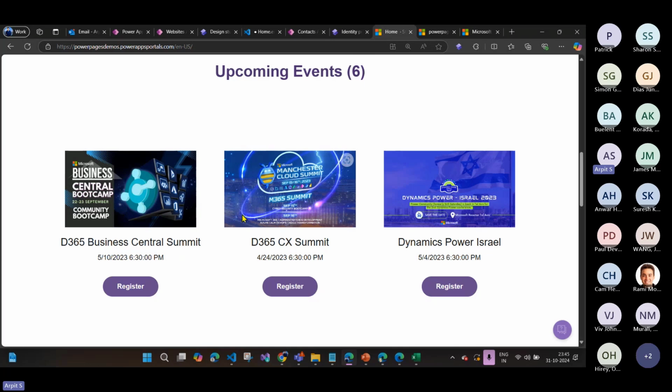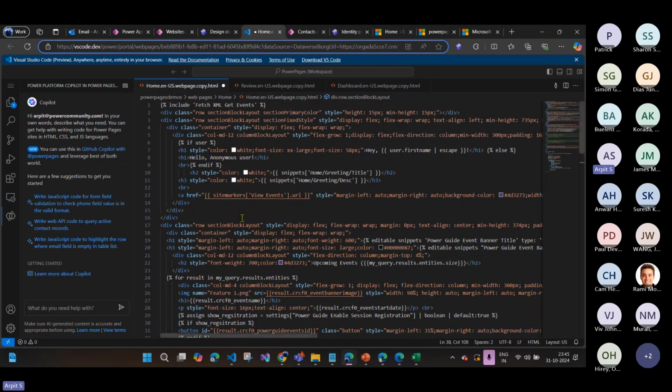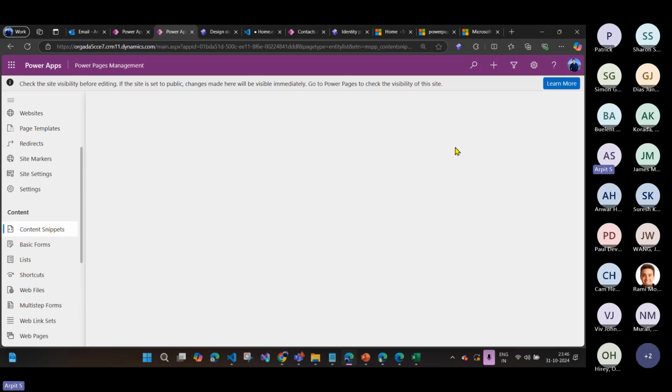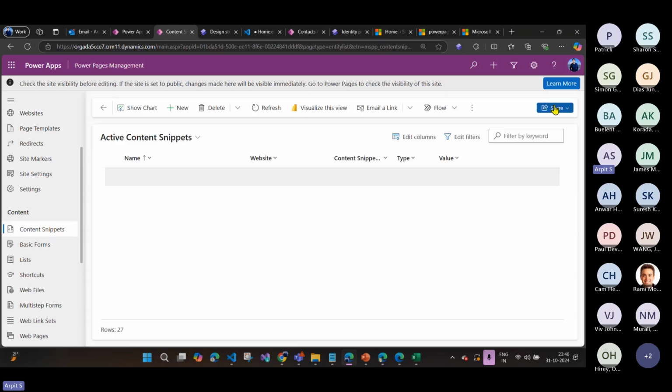All this information is stored in my Dataverse, but how do I display this information? So basically I have written the Liquid code for that. This is the Liquid code I'm using here. The first thing is there is a lot of content or text messages available on the website, like the greeting message and everything. All those greeting messages, I have created as content snippets and stored there. For example, this is the snippet called home greeting title. So if I go back to my portal management tab and go to the content snippet, and try to search this,